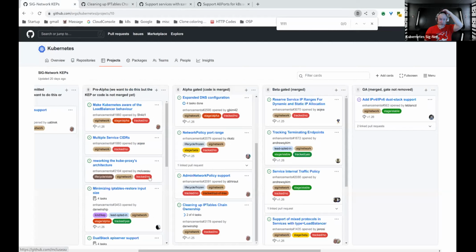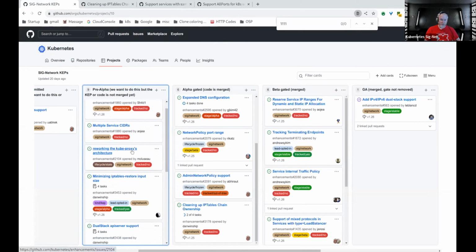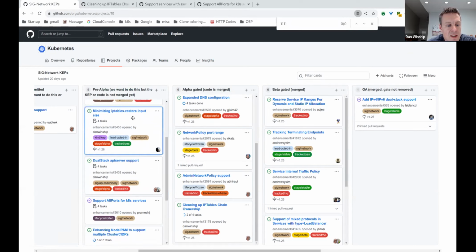Okay, and then pre-alpha stuff, that's not making any progress. Service CIDRs, I know Antonio's trying to get it in the cycle, so that would be pre-alpha. Kube-proxy iptables-restore, we've approved, is that approved now, Dan? I forget, you got a PRR from Wojciech, right? Yeah. Maybe he's waiting for you to re-LGTM it. Okay, I'll spin through it again. Literally the only change was changing the PRR reviewer. Okay, so we'll push that in. That'll hopefully move to the alpha column this cycle.